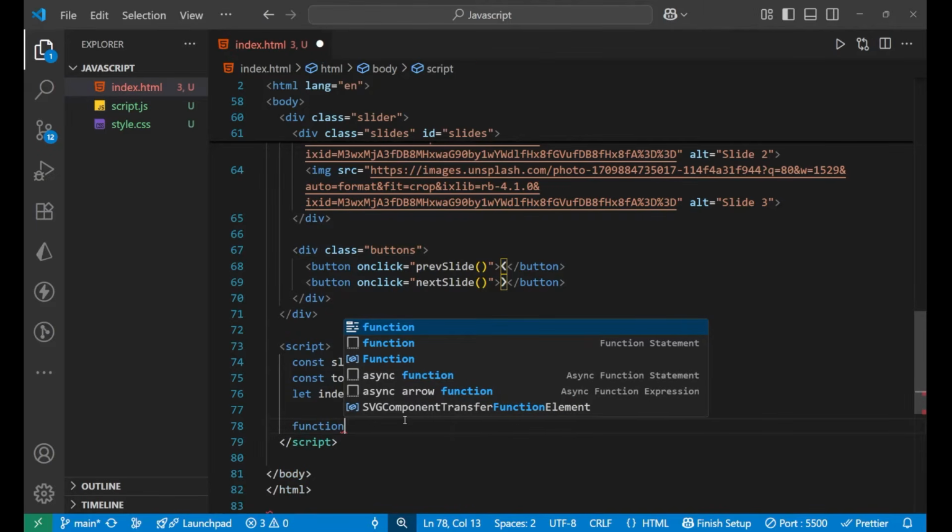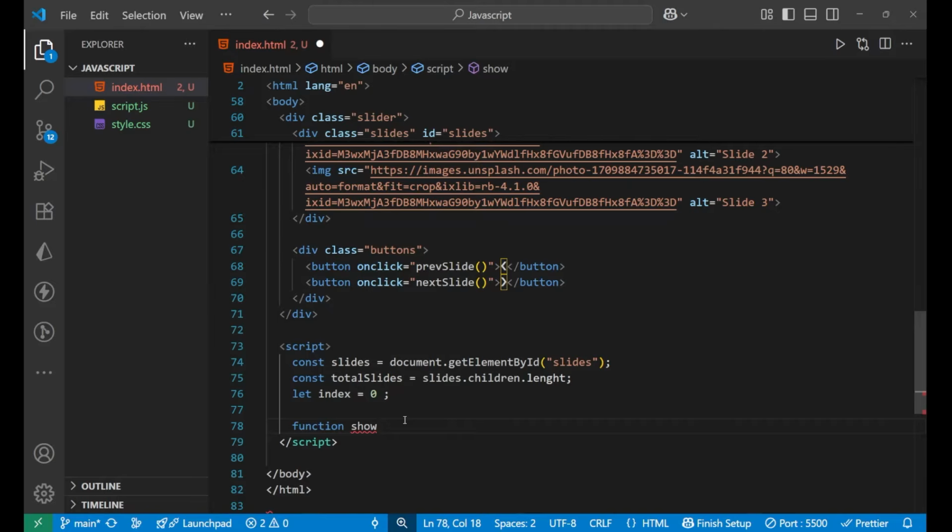Yeah, now coming forward, I will create one function. The function is showSlides, let me put it capital, and we will take the argument as i, right?